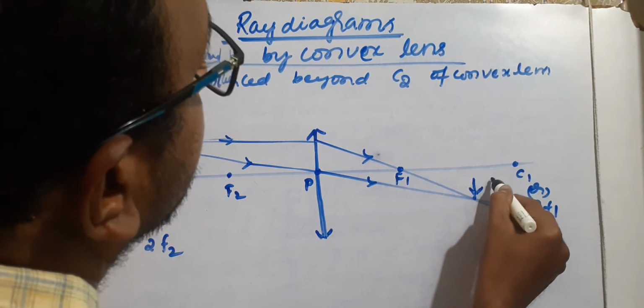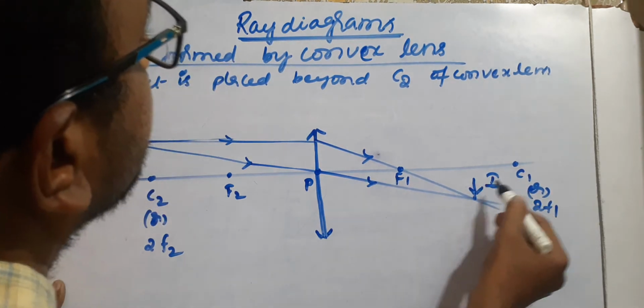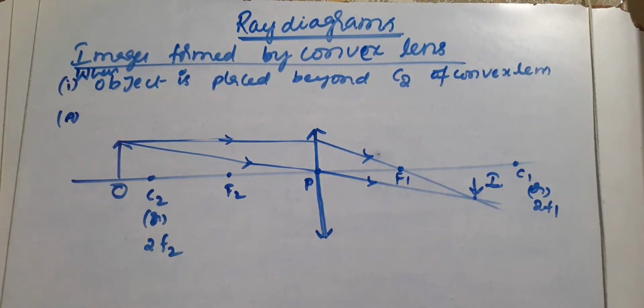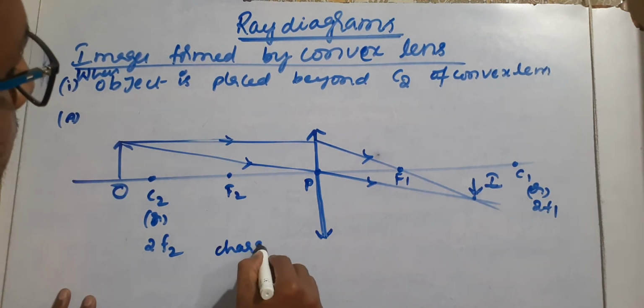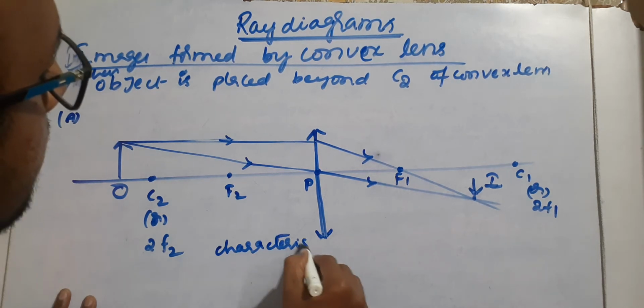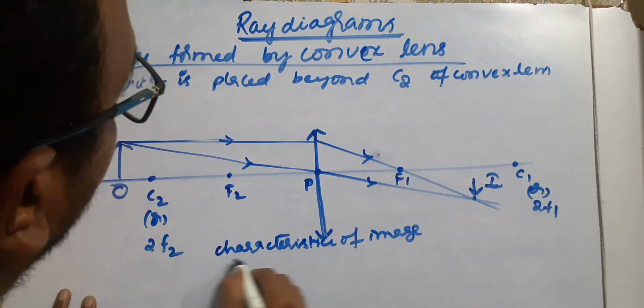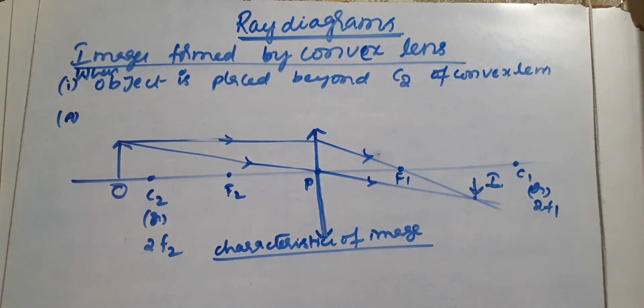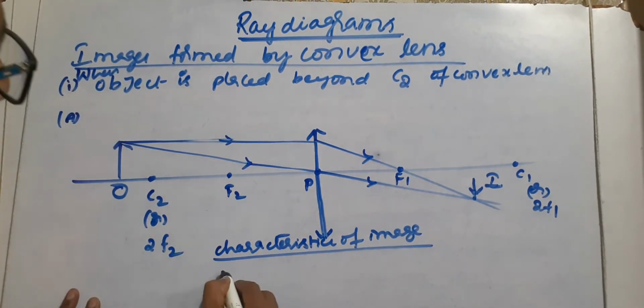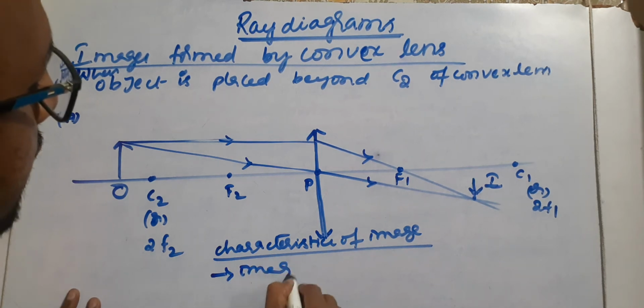This is the image, denoted by I. The object is denoted by O, and the image is denoted by I. You can see the rays after refraction are converging between F1 and C1, so the image is formed between F1 and C1. Now what are the characteristics of the image formed by a convex lens when the object is placed beyond center of curvature C2? The image is formed in between